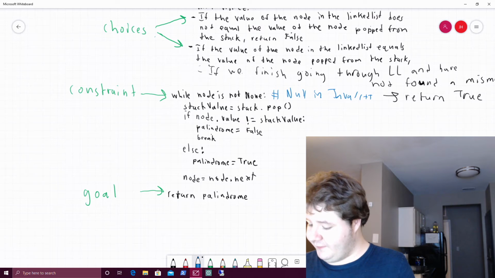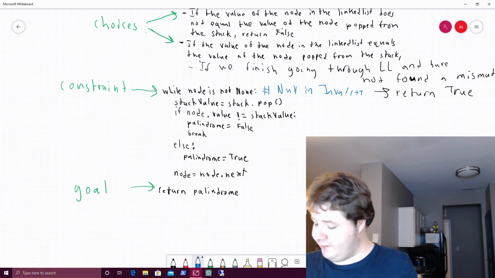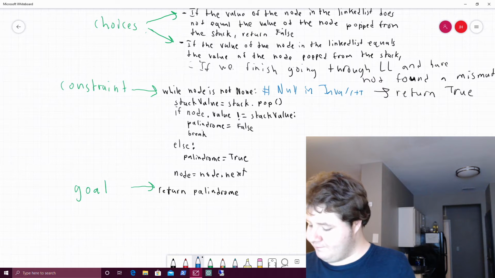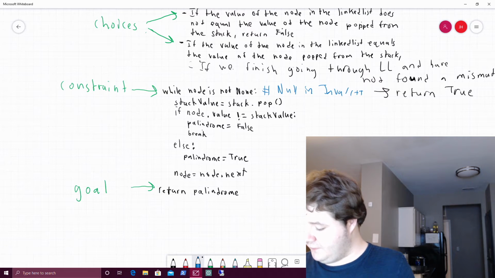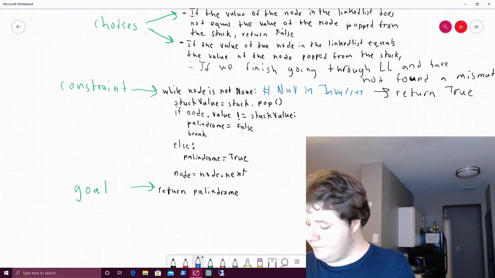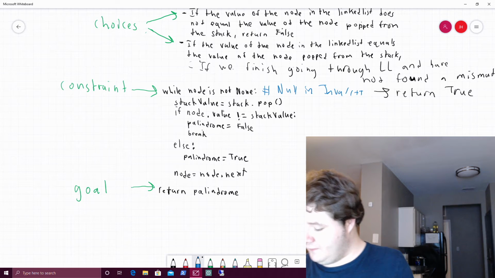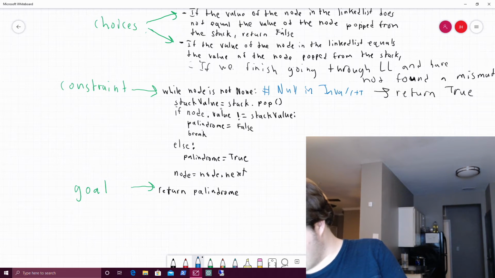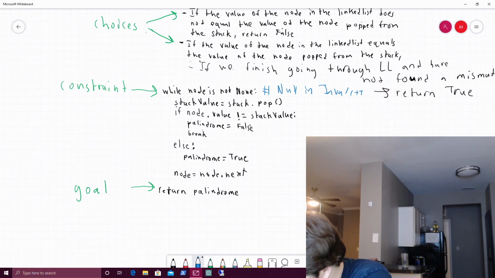So, this is the second part, like I said. We're iterating through the linked list a second time. So, the stack value, like I said, will be popped from the stack. And if the node value does not equal the stack value, we also have a mismatch, and we can return false. Palindrome will be false, and we can break from the loop. Second case, like I said,